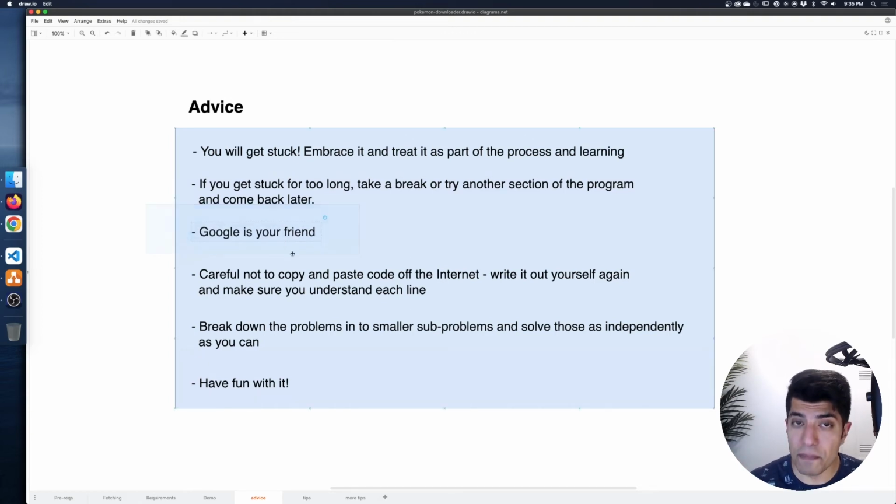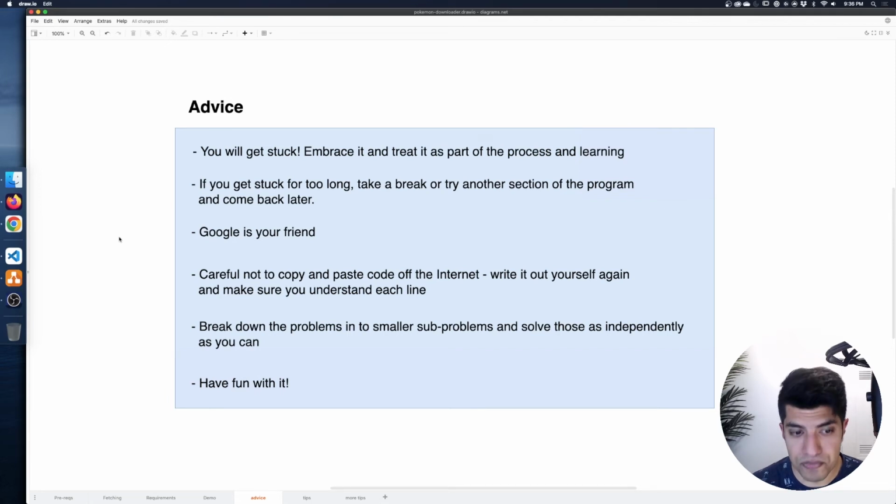Google is your friend, right? Don't try to just memorize everything. Don't try to do it without searching the internet. The entire point of having a computer and having the internet is that we have this vast array of information available at our fingertips. Use it, right? Definitely use it to your advantage, because that's exactly what you're going to do in real life. No programmers in the real world sit there and build this stuff without referring to documentation or Stack Overflow or